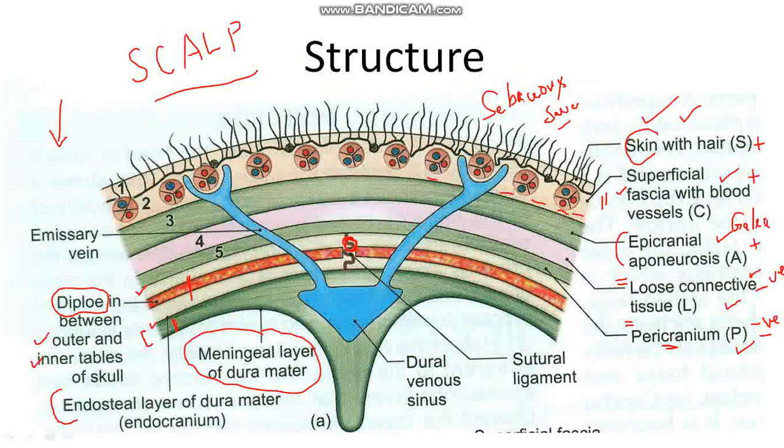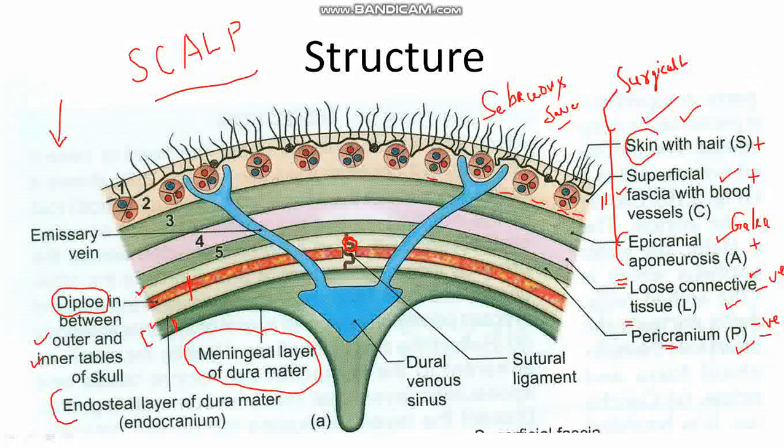So these first three layers, where I have put the positive sign, together are known as the surgical layer. They are known as the surgical layer because they are tightly adherent. So during surgery, when we remove the layers, they are adherent with each other, so they come together, hence known as the surgical layer.